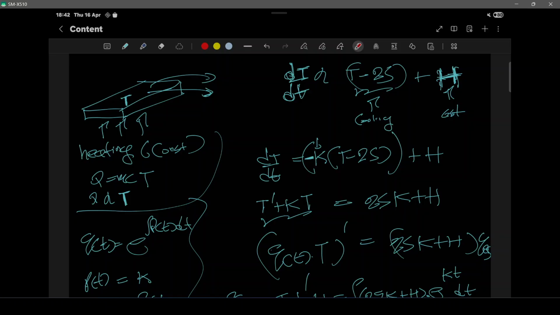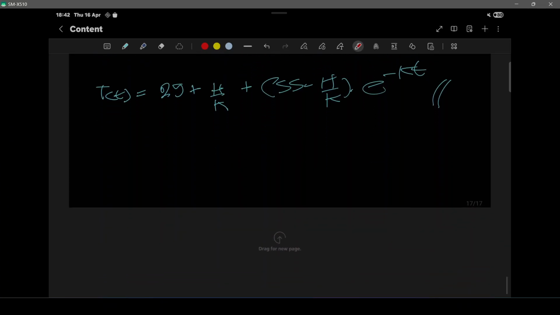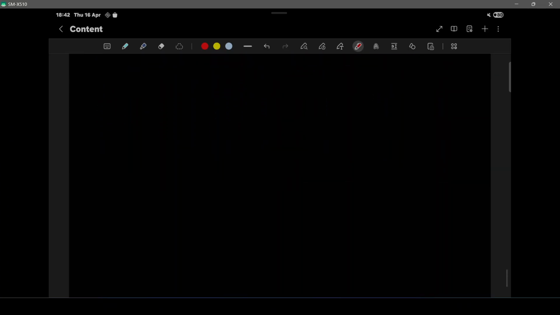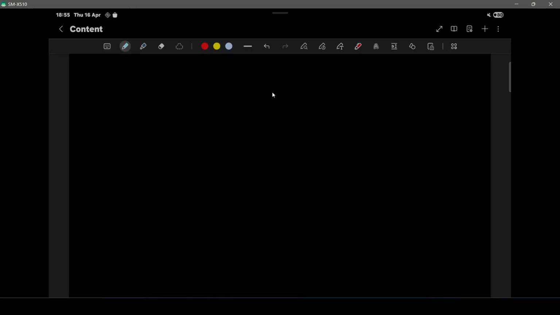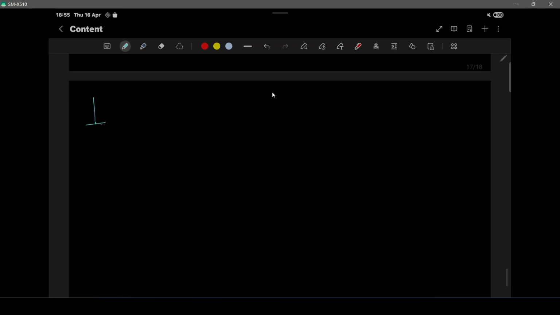There is another question for you to try out, a circuit question. Maybe I do it. What this question says is, there is a circuit. In the circuit there is a voltage source, and there is also a resistor and an inductor, with inductance L. So if you use KVL, we get